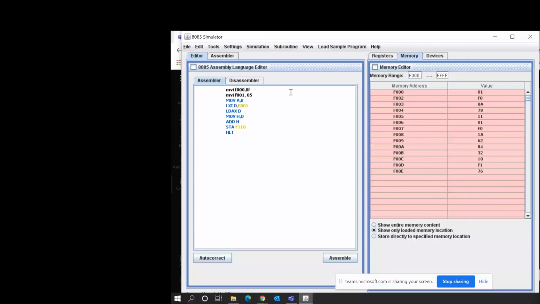It should not be in black. Why is it in black? MVI F00. Okay, so try LXI. MVI, that instruction is in black in color, so it won't really work.